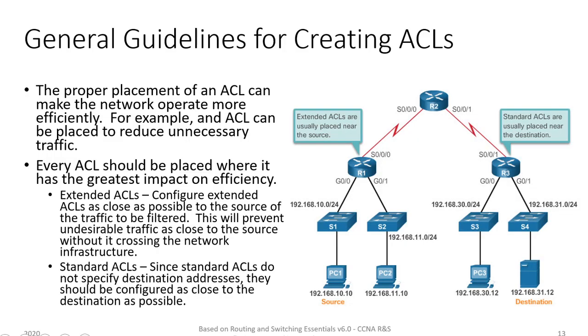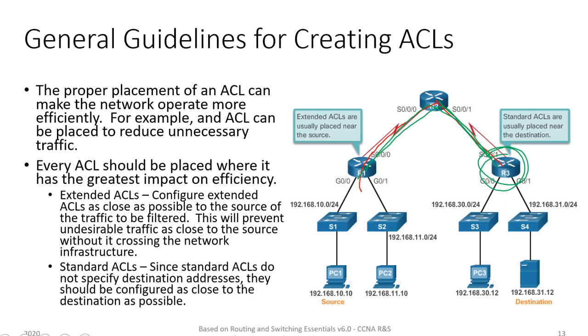What we would have in a standard ACL is that the standard ACL would specify the source address. So it is only identifying the source address. Because standard ACLs only have the source address and they don't have any destination information, we will have to send them through all the routers that they need to go through. They may have to pass through all the routers, and only towards the destination point may we be able to make the decision.